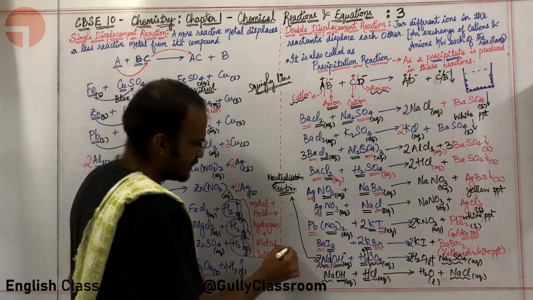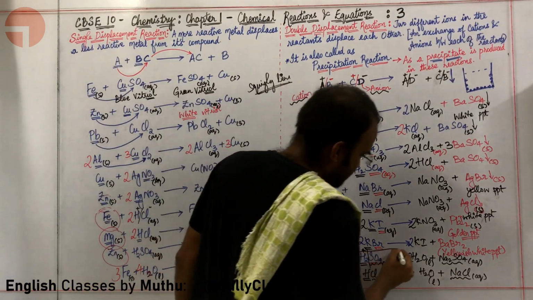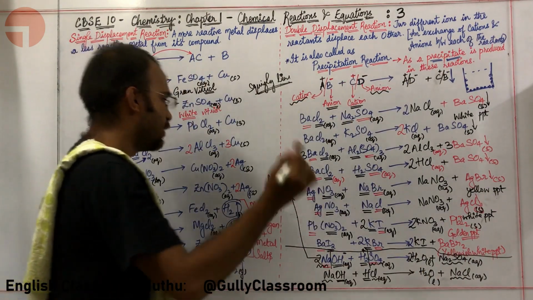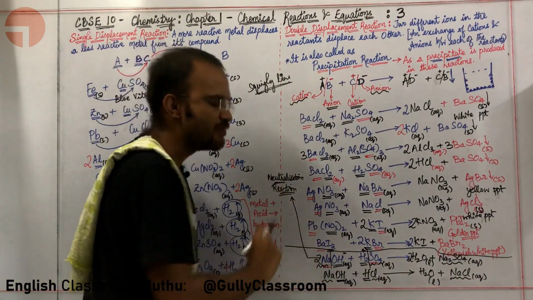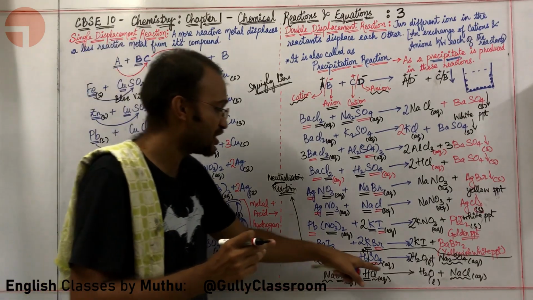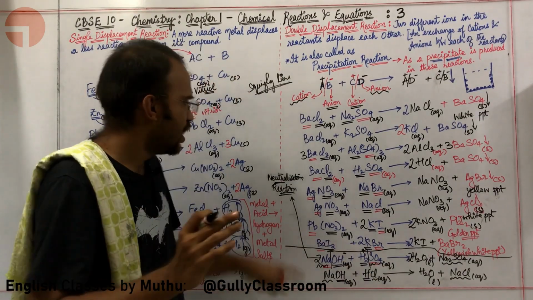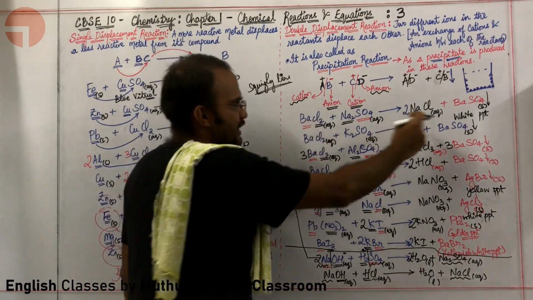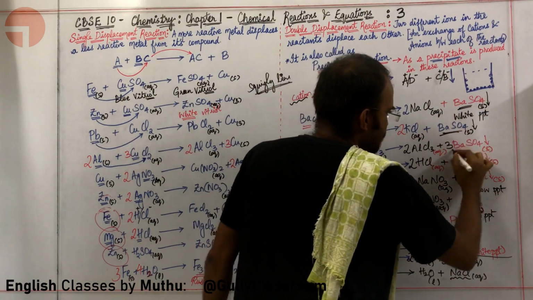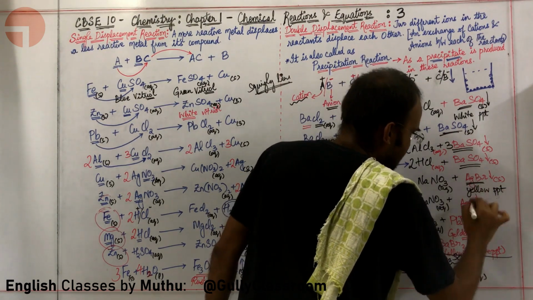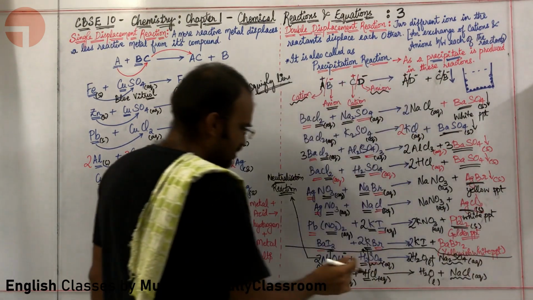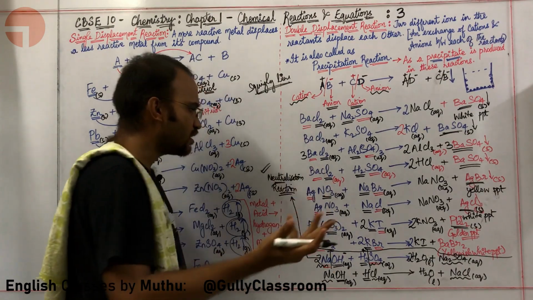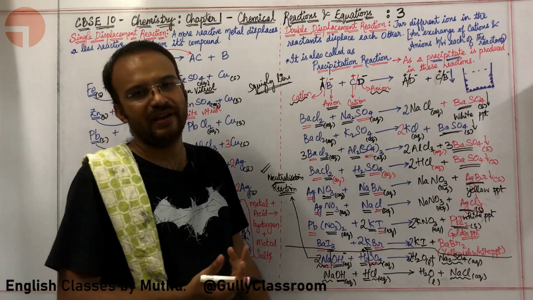So the one difference between these reactions is the neutralization reaction does not produce a precipitate, but still it is considered a double displacement reaction. All these 8 reactions, 1, 2, 3, 4, 5, 6, 7, 8, have produced certain precipitates with certain color, but the double displacement reaction involving neutralization does not really produce any precipitate.